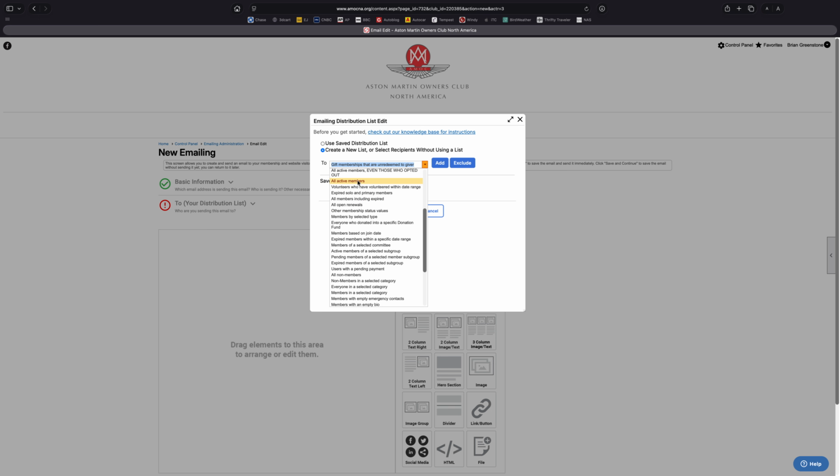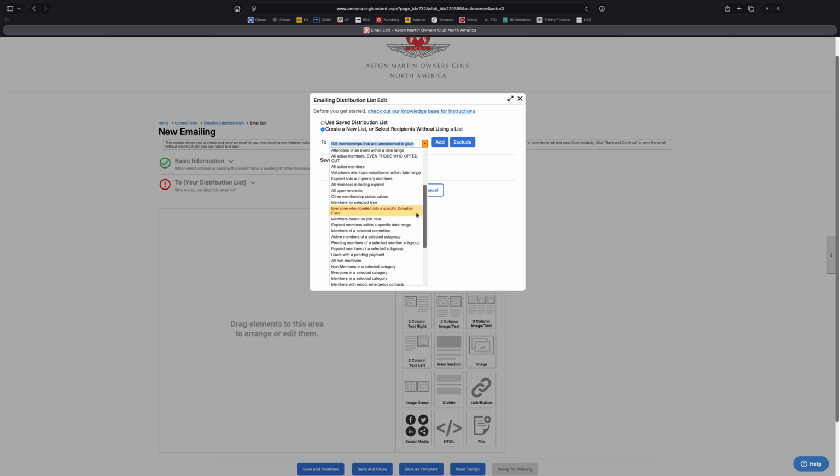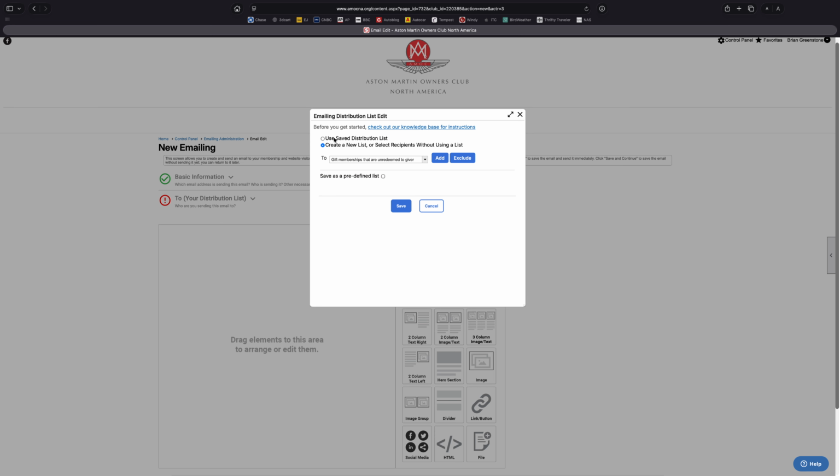But like I say, you can select all active members if you just want it to go to just the members, no non-members. You can send it to your other admins. I mean, there's just a million things here that you can set it to. Odds are, though, you're not really going to use this very often because you can just use one of the